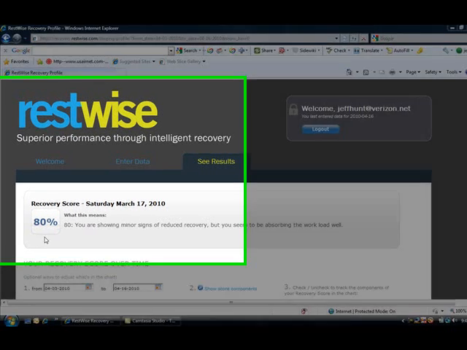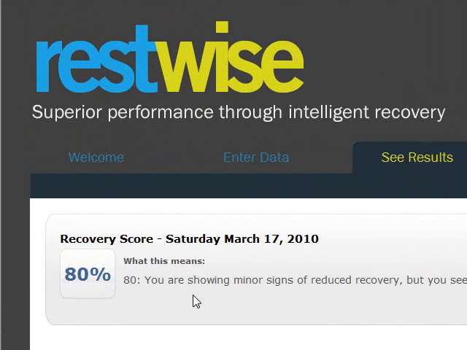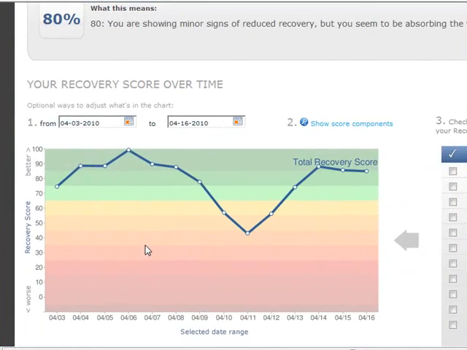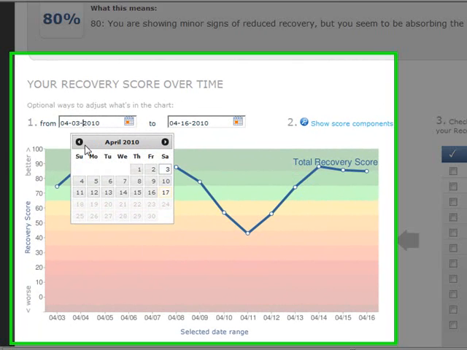On the results screen, you'll see your recovery score and a brief explanation of how to interpret it. Beneath that is a chart. It shows you a recovery score for the past 2 weeks. It is color-coded, so you can get a very quick read as to your state of recovery. You can change the date range